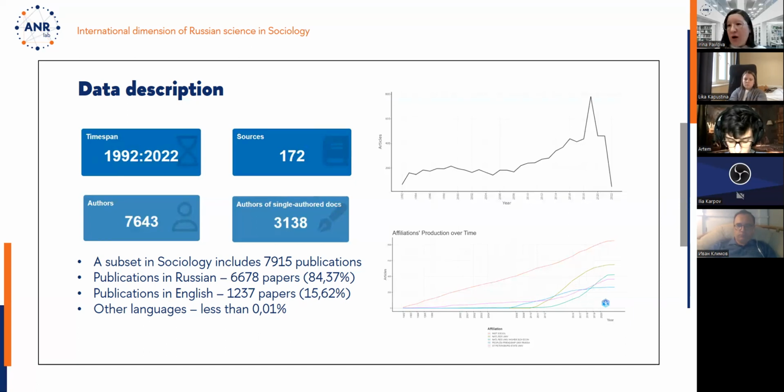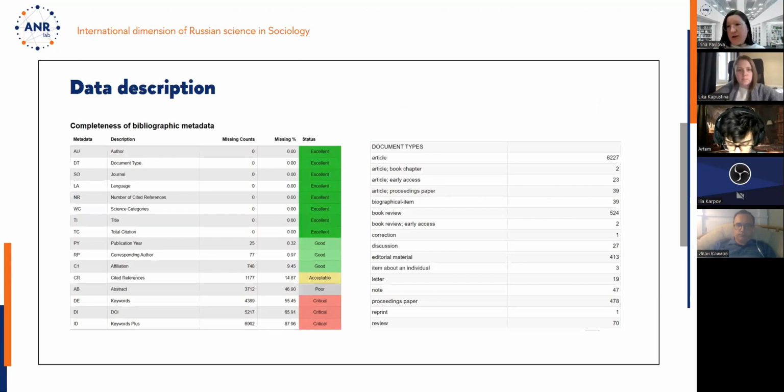There are also some other languages available, but that is quite a negligible percentage, actually. But this is important: 85 versus 15%. So you have seen top disciplines such as physics and mathematics on the slide with the descriptive analysis, some descriptive statistics of the data set. So we already see at this stage that the situation is different in different disciplines.